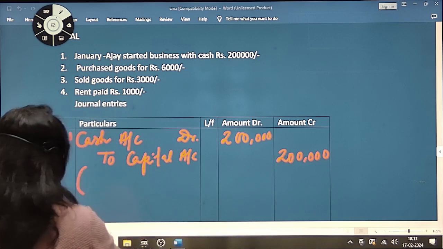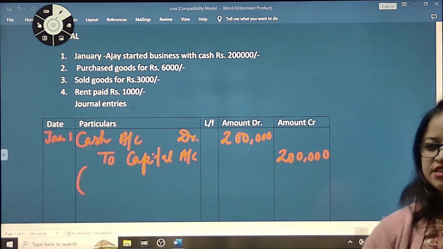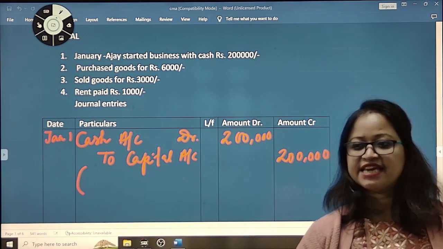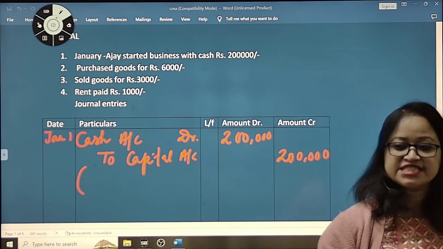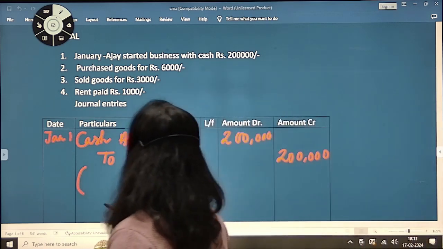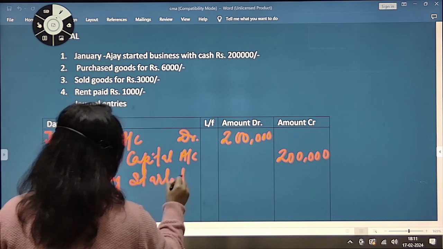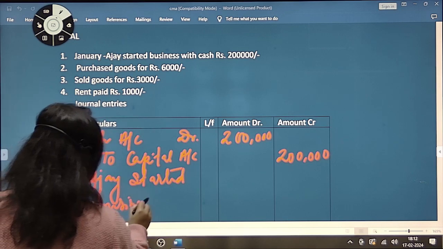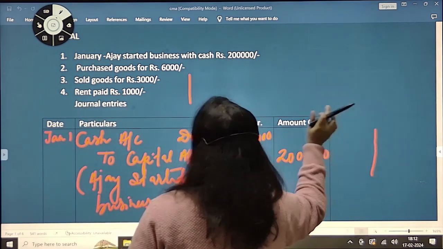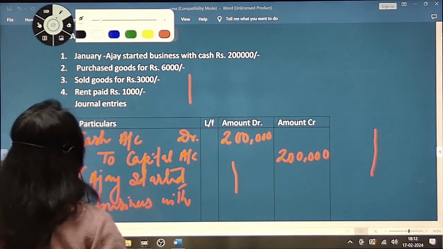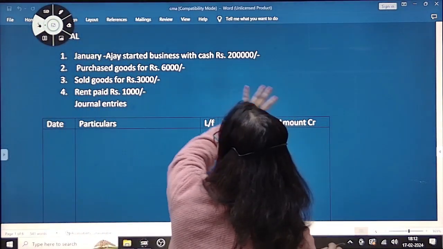Then we give narration. What is narration? Whenever we give a journal entry, we write narration. The meaning of narration is that whenever we read the narration, we will understand what the transaction is all about. So we can write here, Ajay started business with